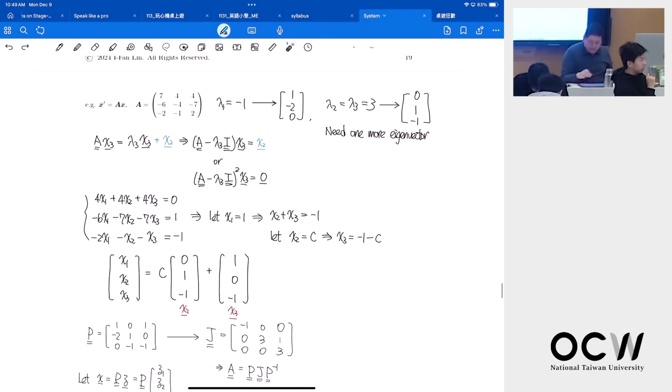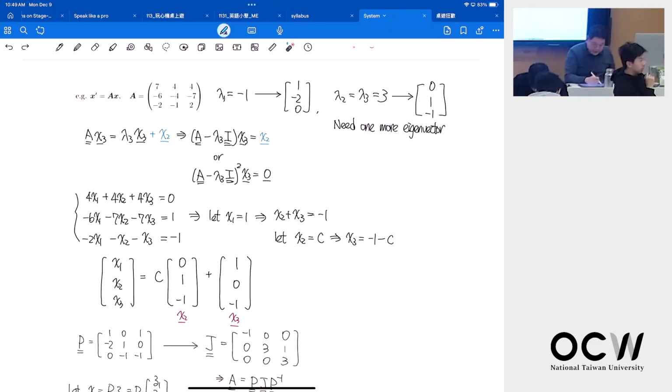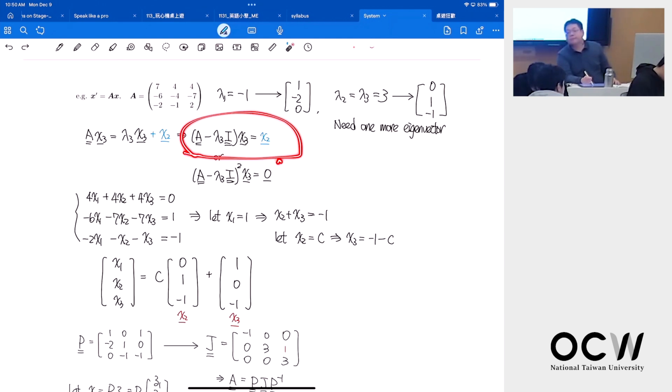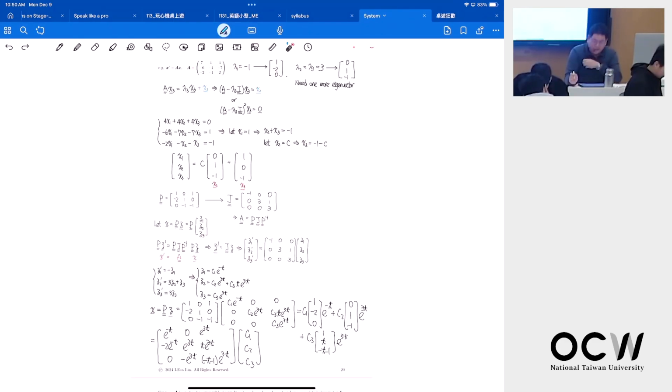Again, this x1, x2, x3 is a variable. Okay, it is not this vector, totally not related to this vector. I can put this as A, B, or C. We just try to find this equation. Or I should put like x11, x21, x31. Alright, if you don't have any questions,